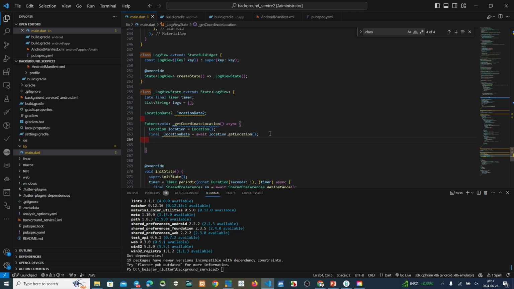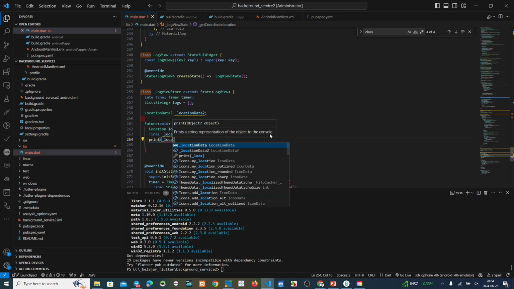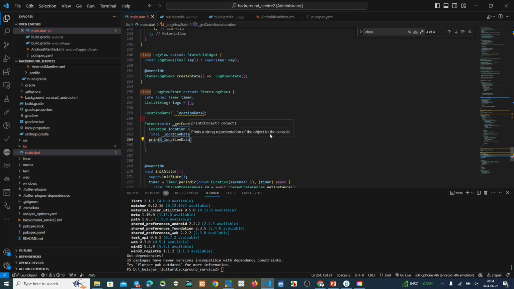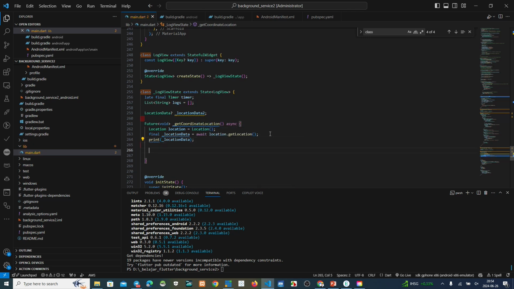If we want to know the location, we can print this. Print location data. Okay.